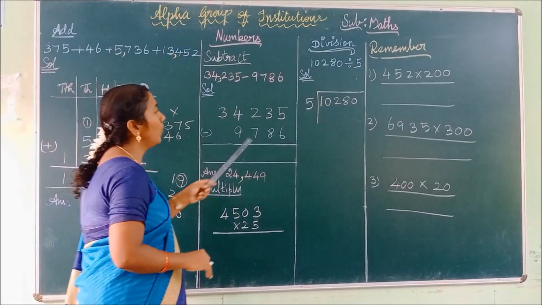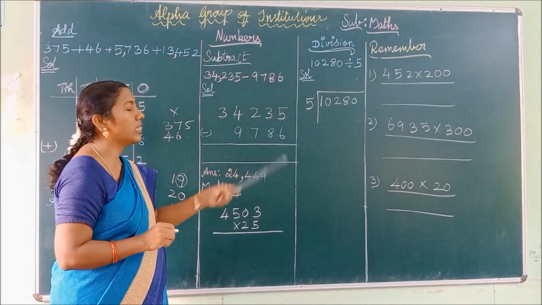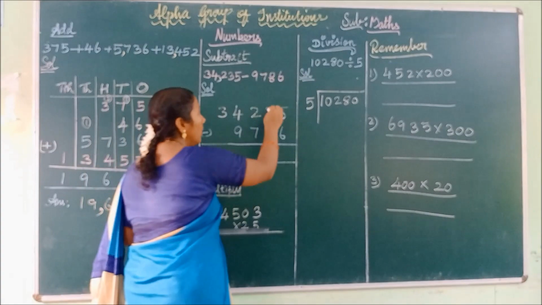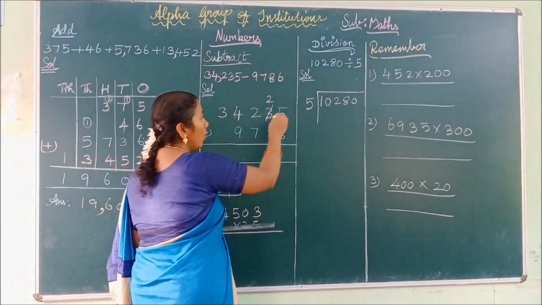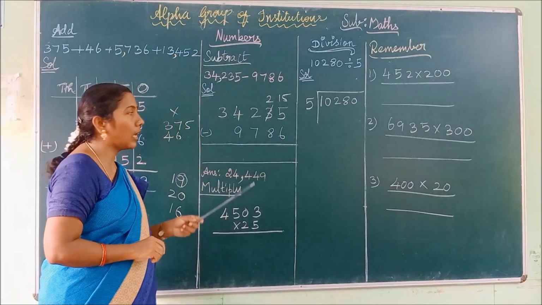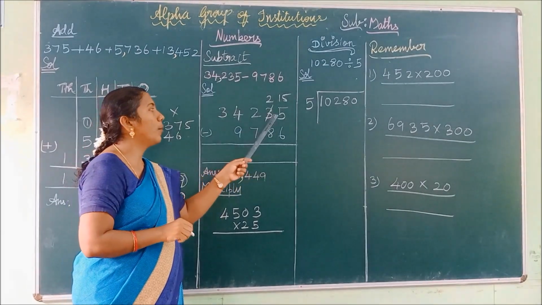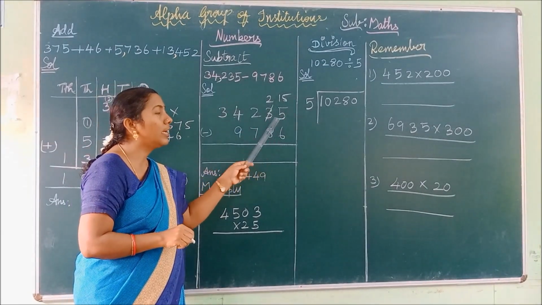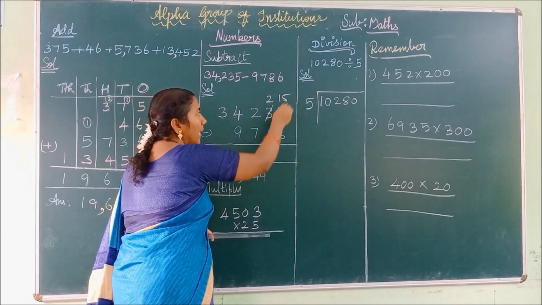Okay. Now we are going to subtract the 6 from 5, but the number 5 is smaller than 6. We will go for borrowing. By subtracting 1 from 3, you get 2. By adding 1 with 5, you get 15. Why are we writing the 15 here? Because the difference between these two place values is 10. So by borrowing 1, we are adding the 10 to this number. So here we are writing the 5 as 15.